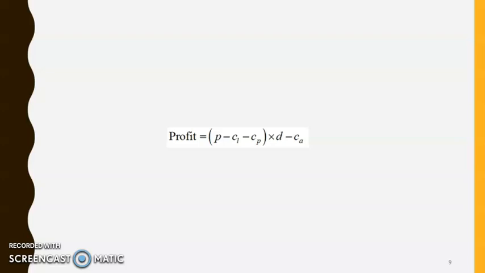When you see this formula, you see 2 parts. One is related to the items that are fixed. They are not dependent on the volume of production,